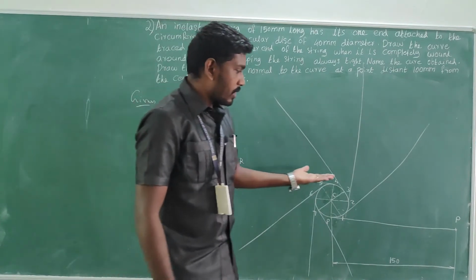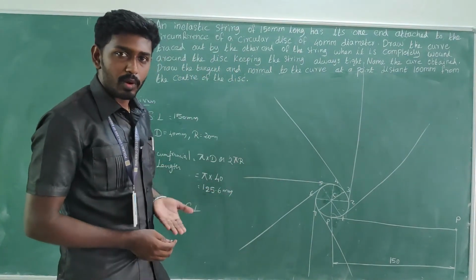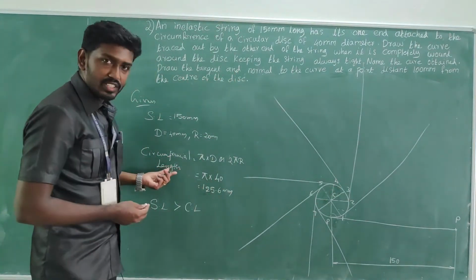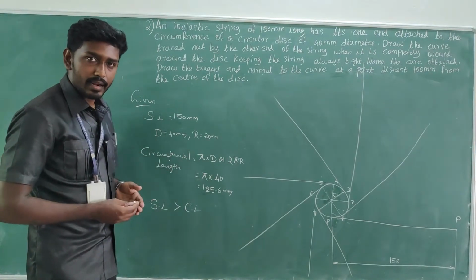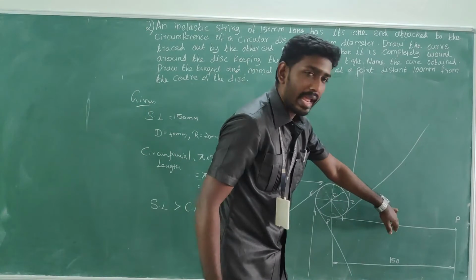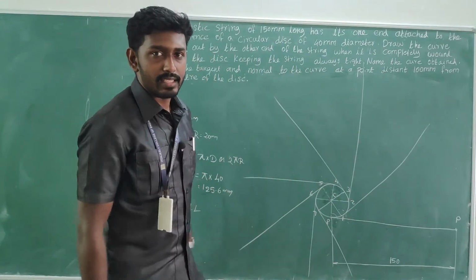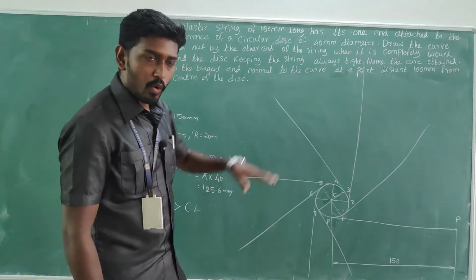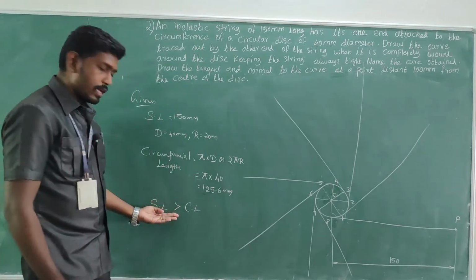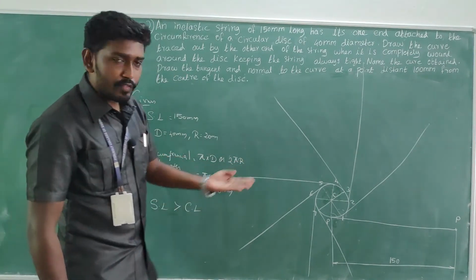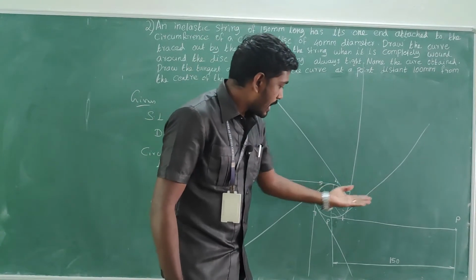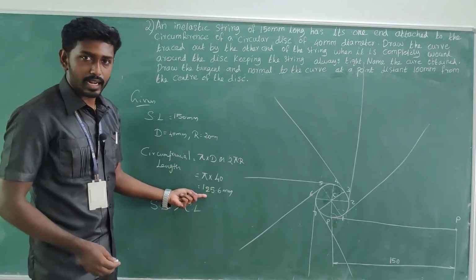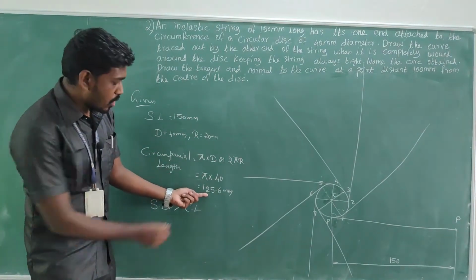So what we did in the last problem, just taking the string length, there the circumferential length and the string length are equal since it is one turn, right? By just dividing it into equal parts, we go for the trace. But here, if you follow the same procedure, it will be wrong. You won't get the profile for the excess of string length. So here, after taking the 150 mm length, you must embed this circumferential length.